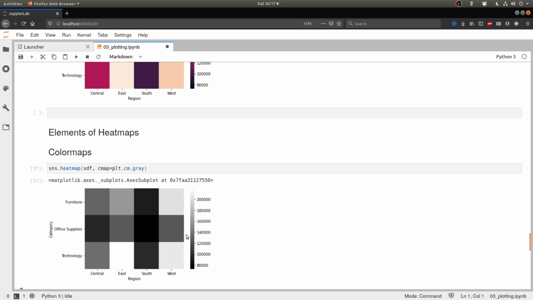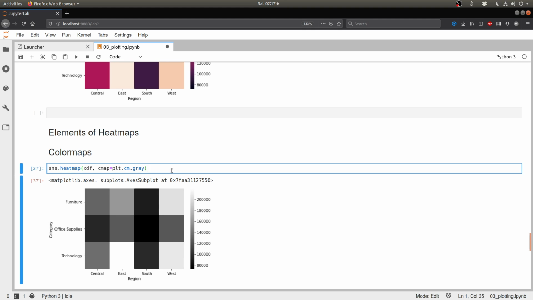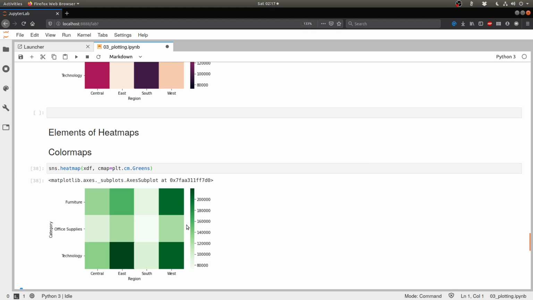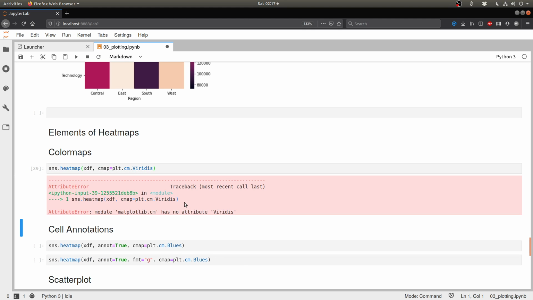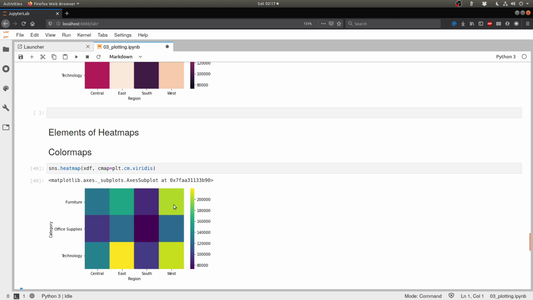So that might actually work out better in the case of a black and white newspaper, say. I can also have a greens color map, which gives me something like this. So there are a bunch of color maps. The default one that we usually use is viridis. I think it's a small v. Yeah. So this is also one of the most famous color maps that Matplotlib uses. You can pick the right color map depending on who your audience is, where you are going to be plotting this, and if it is meant for consumption outside the Jupyter Notebook.